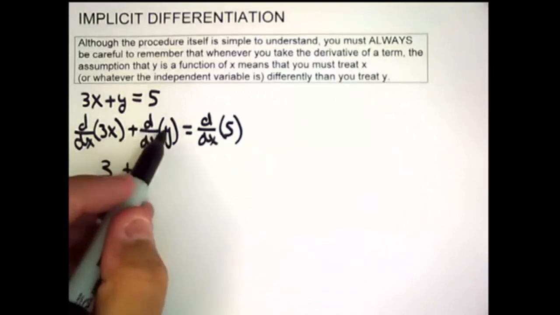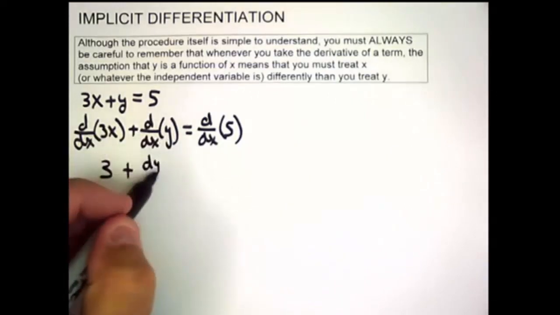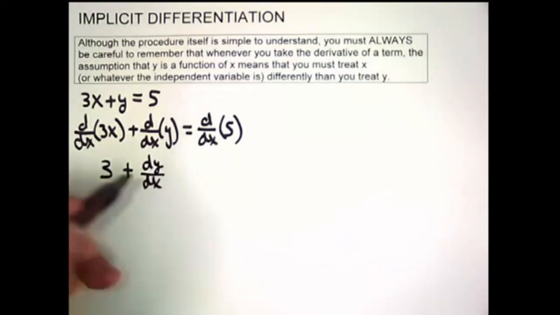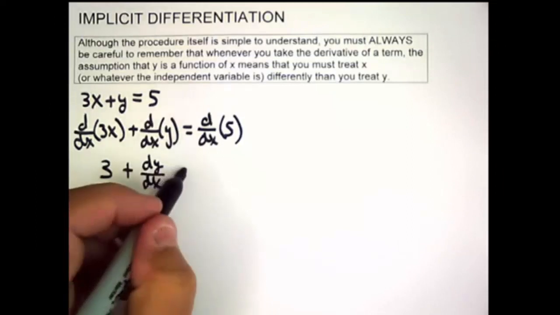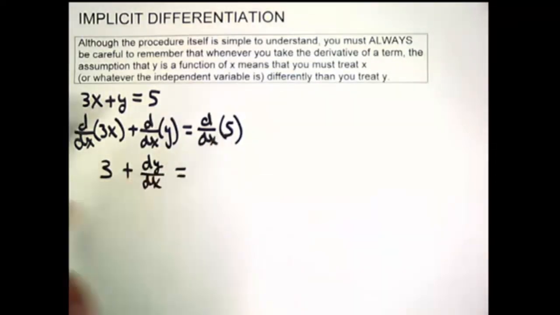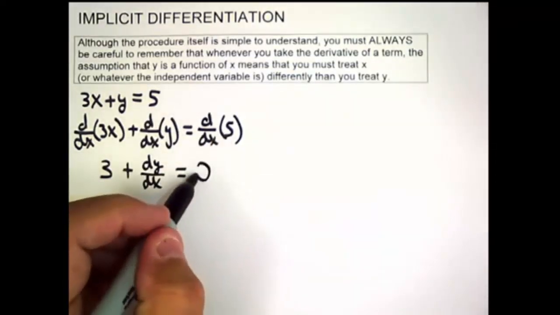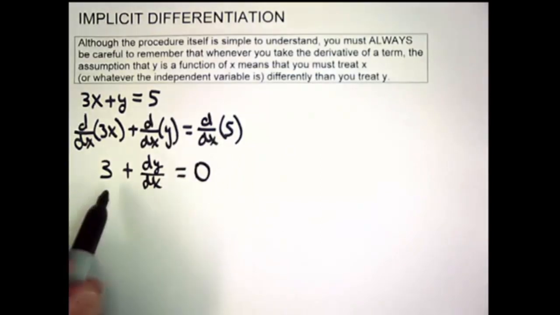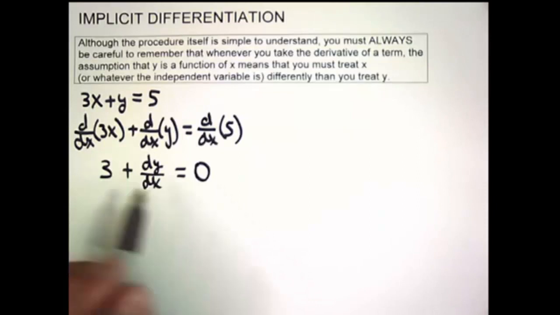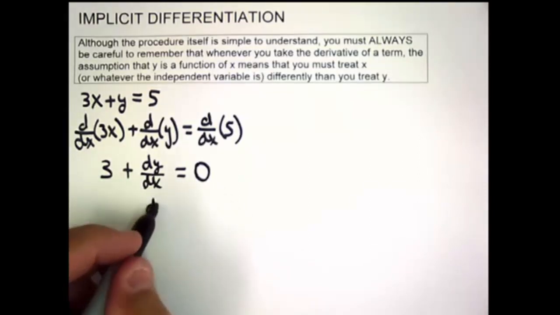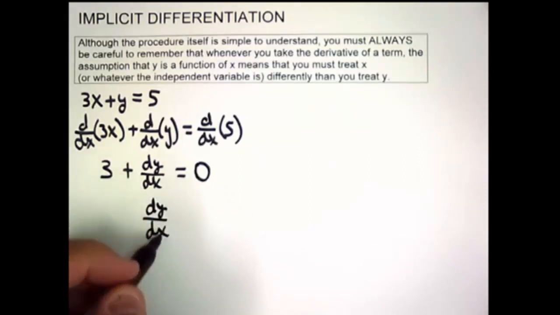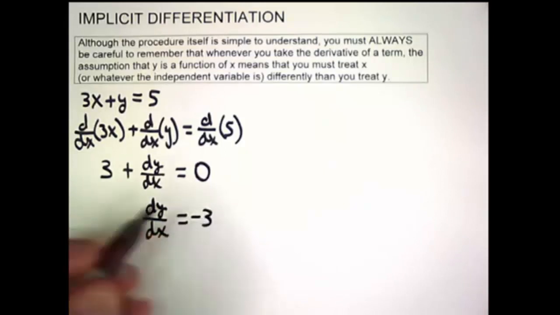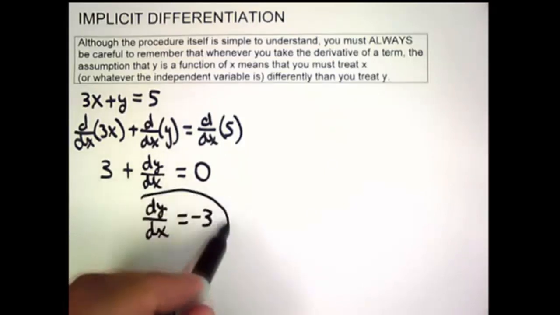The derivative of y with respect to x is what we're calling dy over dx. That's our symbol for it. And the derivative of any constant, in particular 5, is 0. And all we do now is take the 3 to the other side by subtracting 3 from both sides, and you get dy over dx is equal to negative 3. Simple example,